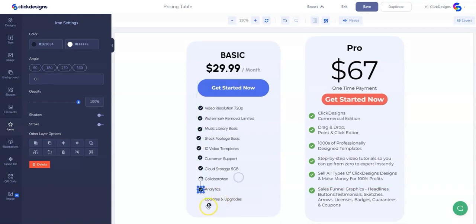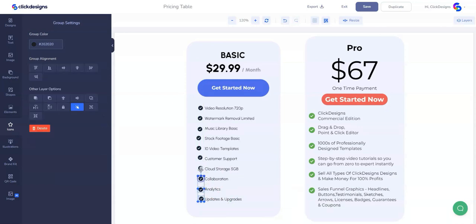Once I'm done duplicating all my check emojis here, or my check icons, I'm going to select all of them by pressing and holding the Shift key and then clicking on all the elements I would like to select. Then under the left side, I'm going to click on Align Horizontal Left. Right after that, I can now move this group, or move all these elements, the way I want them to